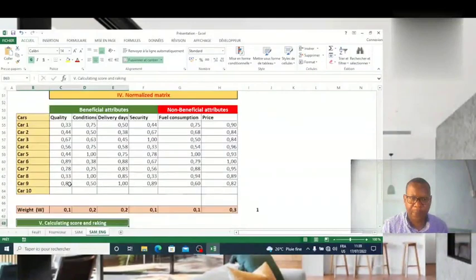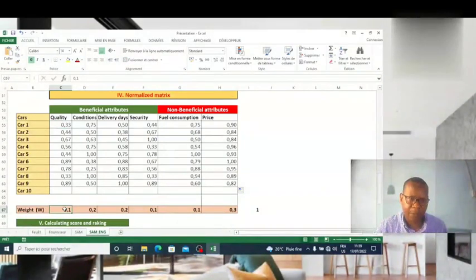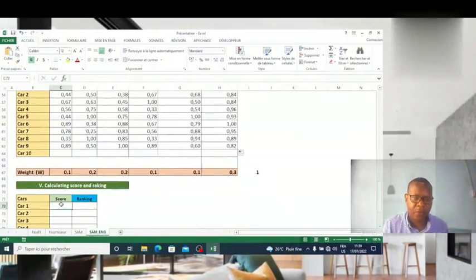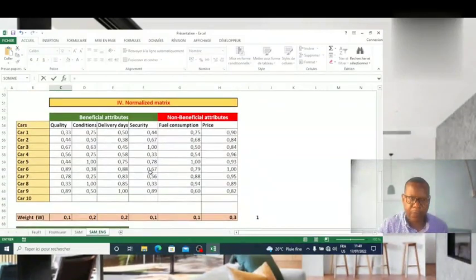The next step is to calculate the score for each alternative, each car. To get this score, we take this value multiplied by this weight, plus this value multiplied by this weight, and so on for each car. Now we do this equal to this one multiplied by the weight. Now I can fix here, so I'll drag the formula, plus this one multiplied by this one, which will